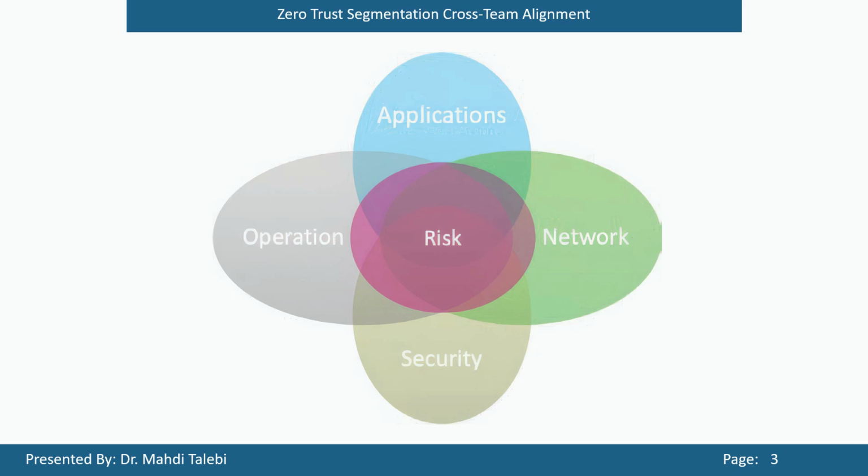Traditionally, each department might operate independently, which can lead to inefficiencies and a higher security risk. The zero trust model encourages a culture of collaboration, where security, network operations, and risk management converge. This integration ensures that the security policies are robust, adaptable, and uniformly applied across all departments, enhancing the organization's overall